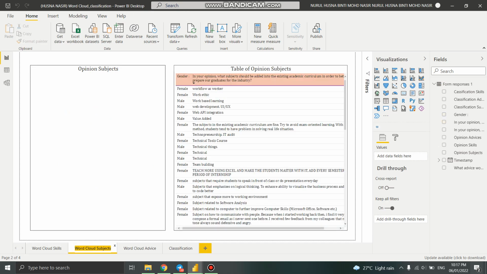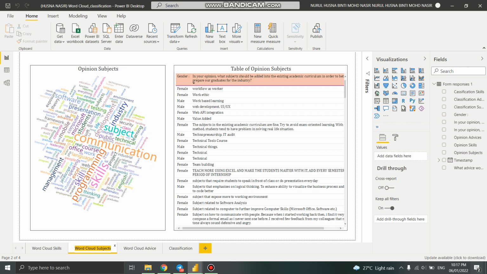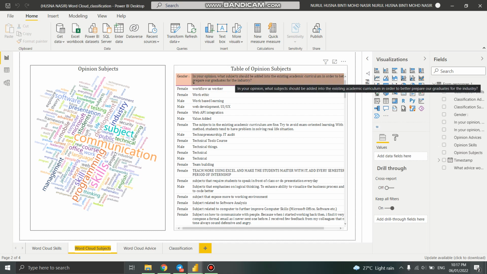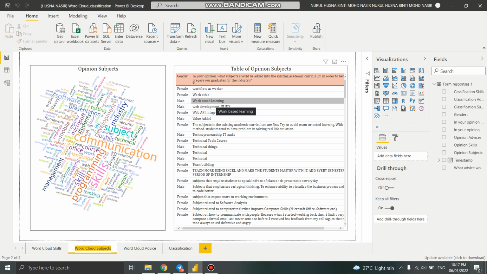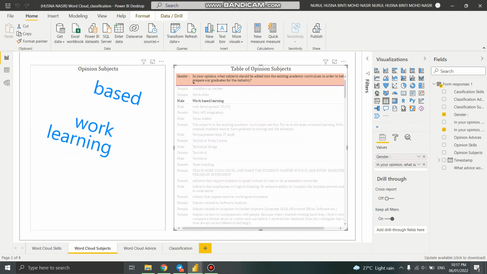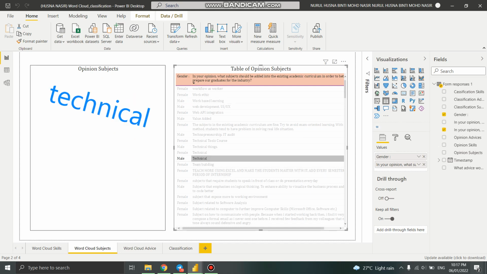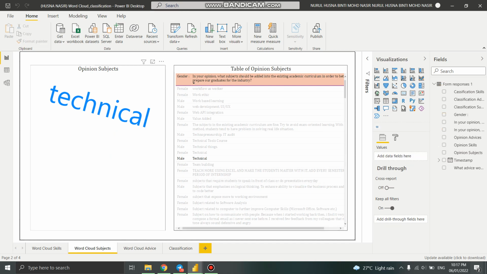Next is the word cloud for subject. Same goes as the word cloud for skill. In the table, it shows the question: In your opinion, what subject should be added into the existing academic curriculum in order to prepare our graduates for industry? If I choose work based learning, the word cloud will show the result. If I choose technical, it shows the technical,